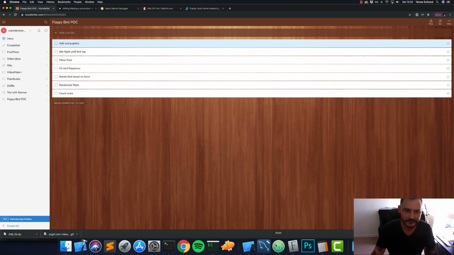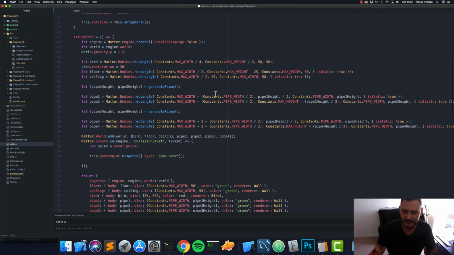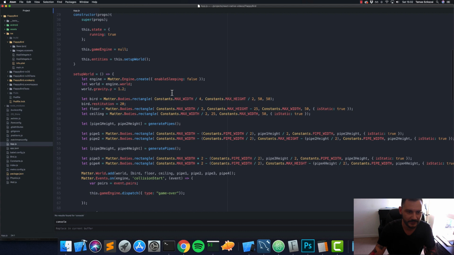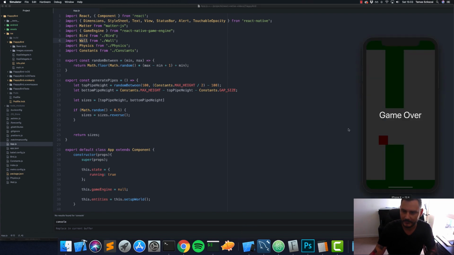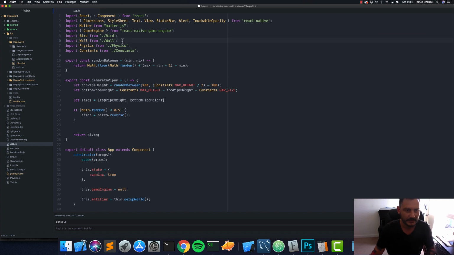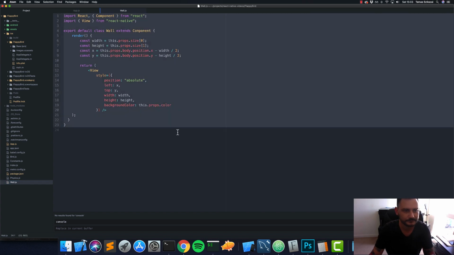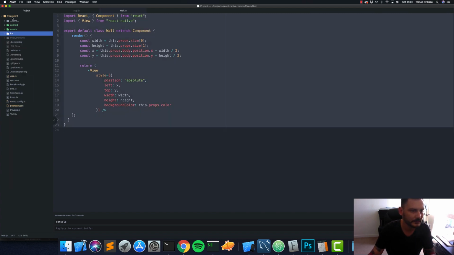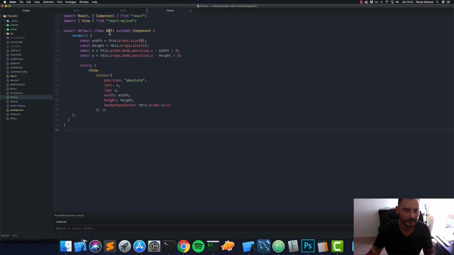All right, let's get to it. So at our current state, the code is pretty messy. So let's do a bit of a cleanup. So as you remember, we use this wall component for rendering both the floor and the pipes. We need to change that, so we're gonna import floor from floor, and let me copy wall, new file, floor.js, call it floor,